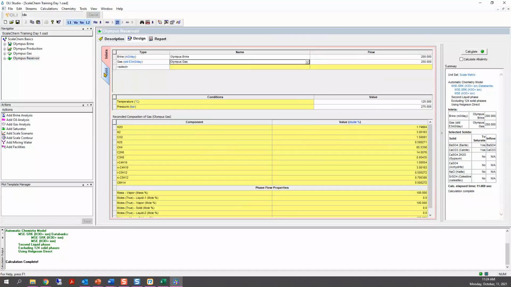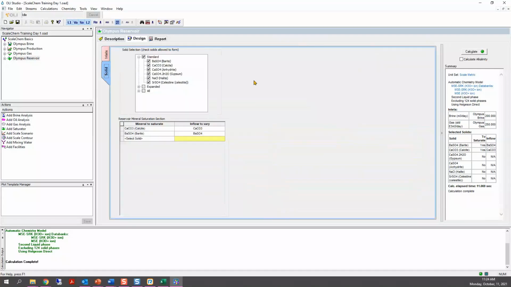Okay, so going back to your question, I think it was Valentina. Yes, initially you don't need to do this. You don't need to saturate, but you know that there is a reservoir, and you know that it is in contact with those minerals at reservoir conditions. When I was showing you before, they were almost near saturation. One was like 84% near saturation, and the other one was 63%. So it made sense to saturate it with those minerals.